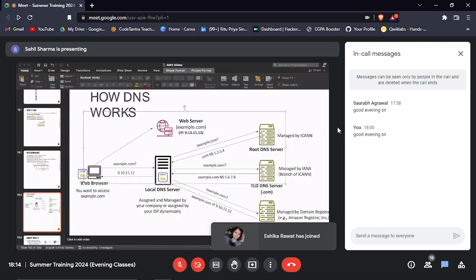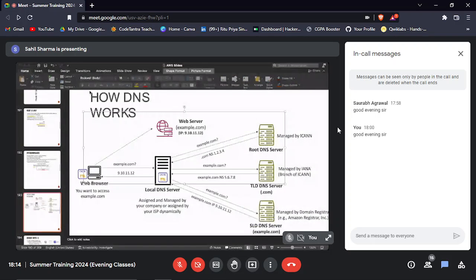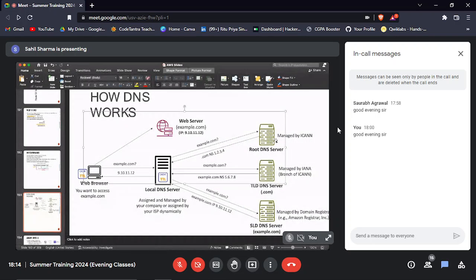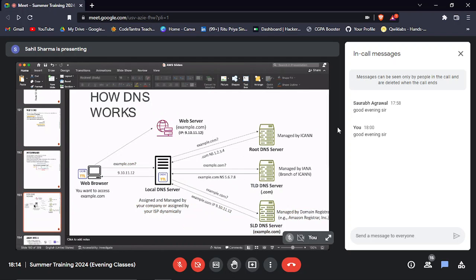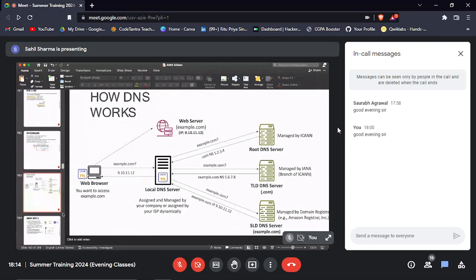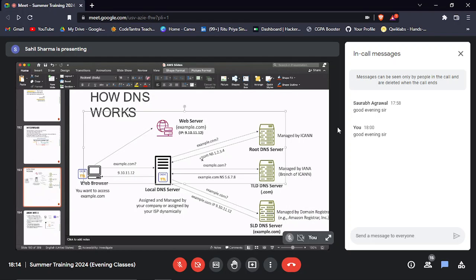You are late. Okay. So I was discussing, now this local DNS server will forward the request to the root DNS server. Let's suppose this root DNS server does not know what this example.com is, but it might return the IP address of the TLD DNS server. Now, what is a TLD DNS server? This is the server that is being managed at the national level or the international level. Okay. So if it does not have the answer for the .com domain, it will send an IP address saying, okay, I do not have the exact IP address of example.com, but you can go to